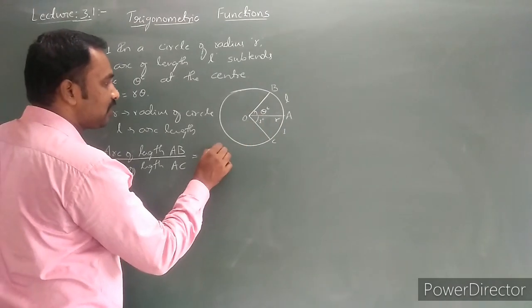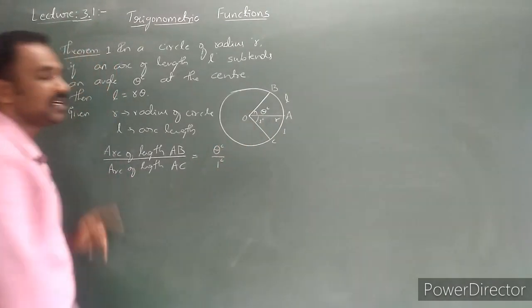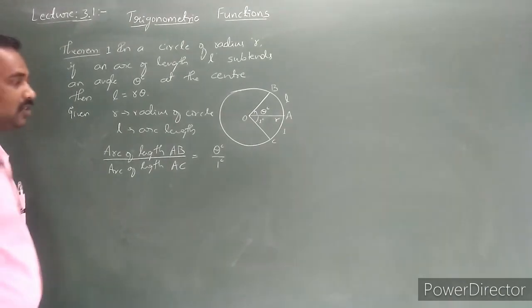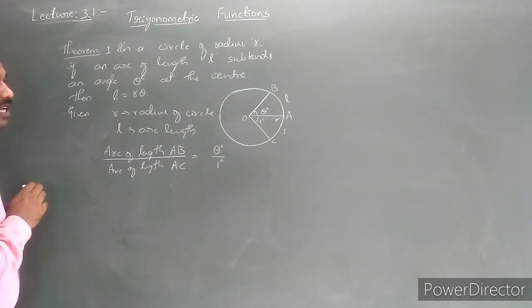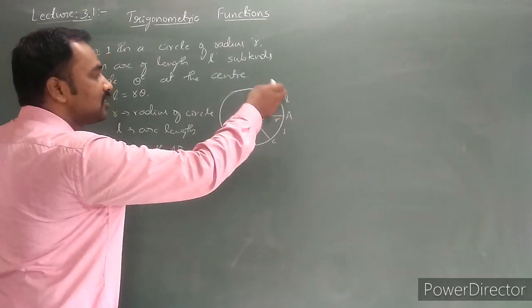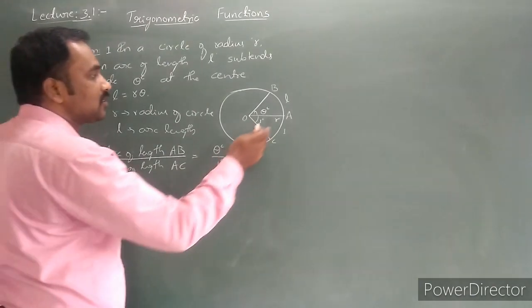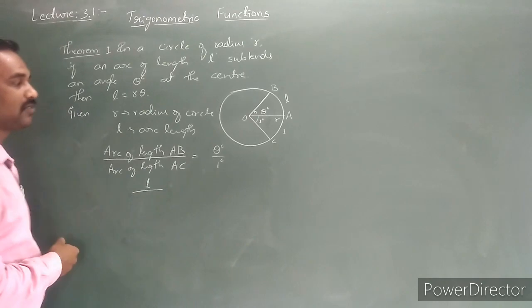Arc length of AB divided by arc length of AC is nothing but theta radian divided by 1 radian. That is, angles are proportional. Now, what is the arc length of AB? Arc length of AB is L unit, divided by